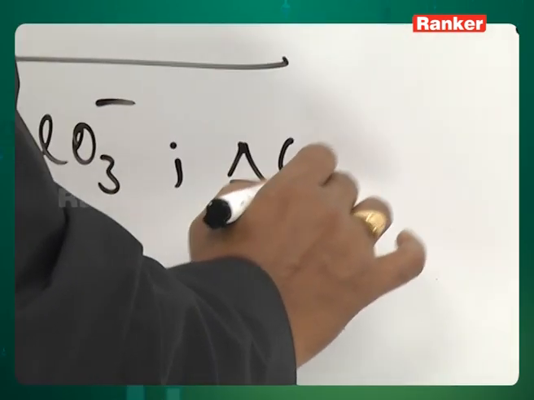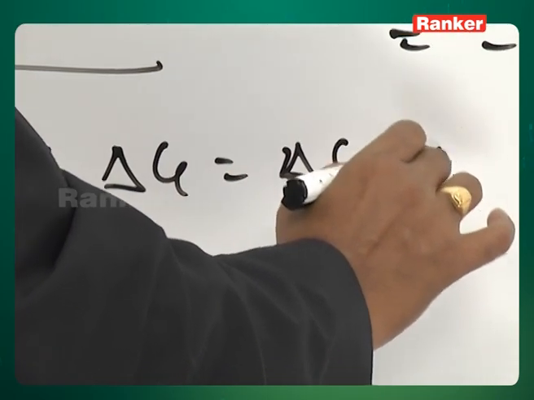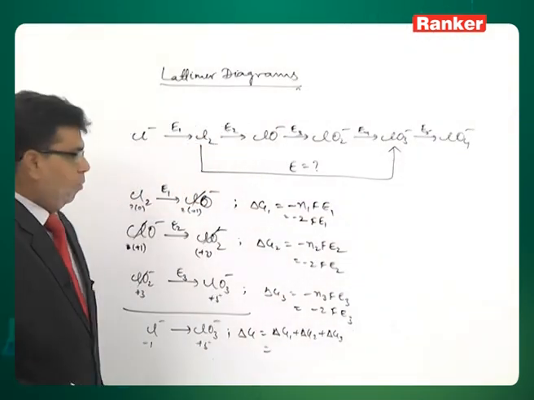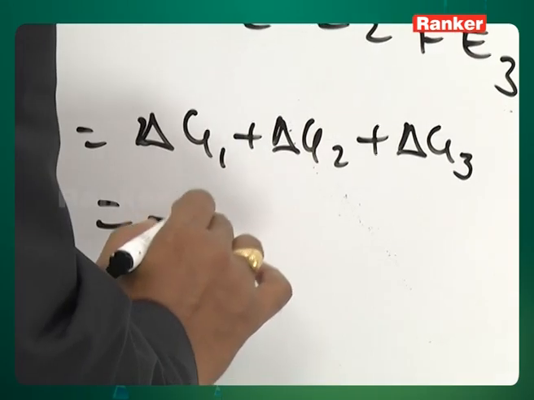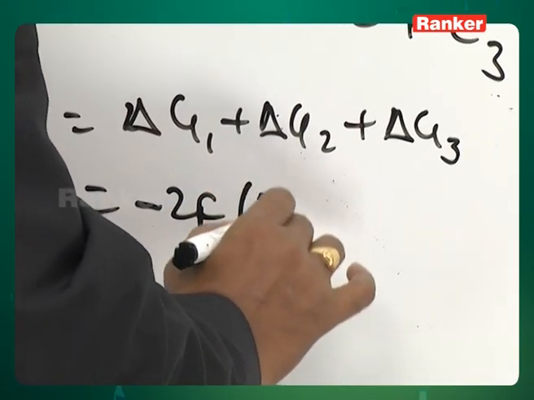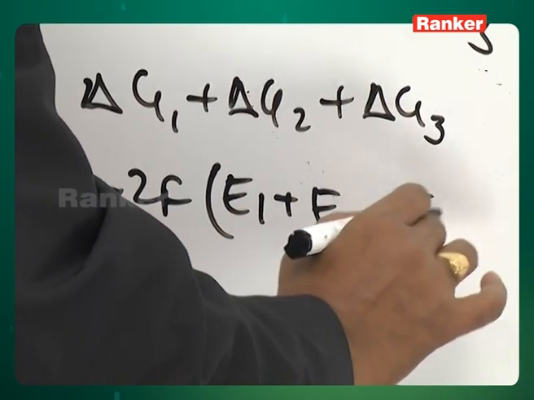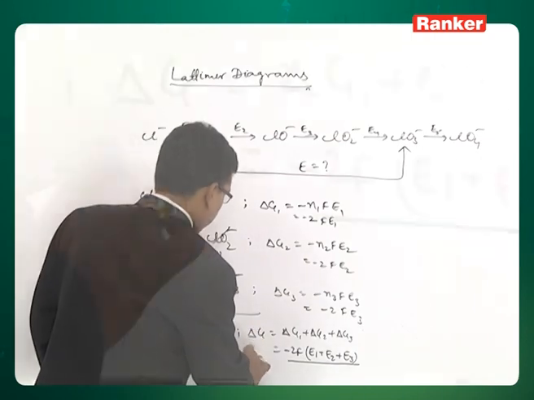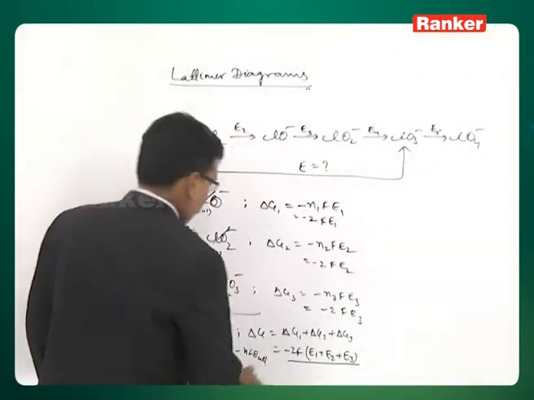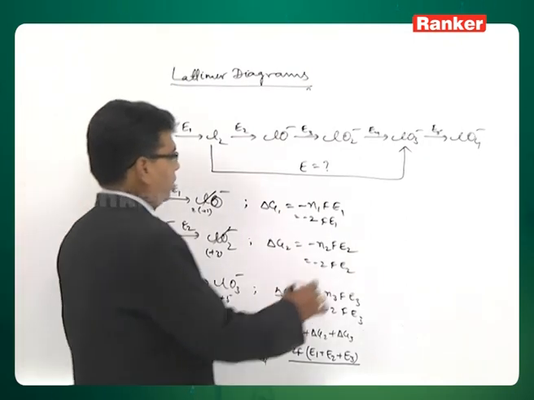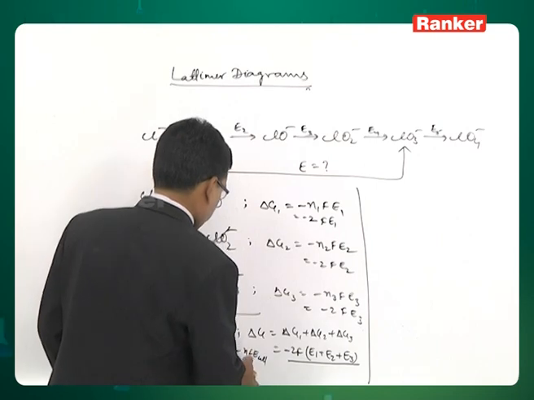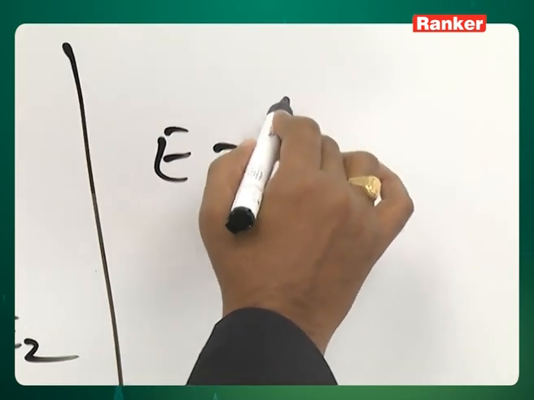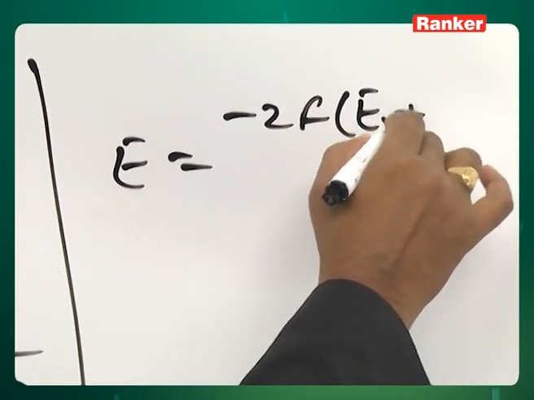Now, this overall delta G is equal to delta G1 plus delta G2 plus delta G3, which is equal to minus 2F into E1 plus E2 plus E3, because this delta G is equal to minus NF E cell, this is equal to this. So, from this what you can write is that here this is 6. So, E cell, now this E is equal to minus 2F E1 plus E2 plus E3